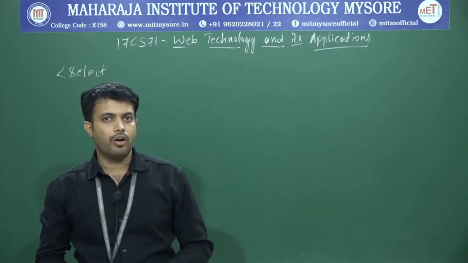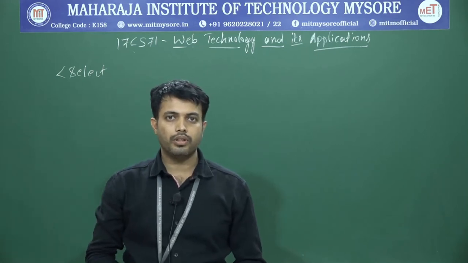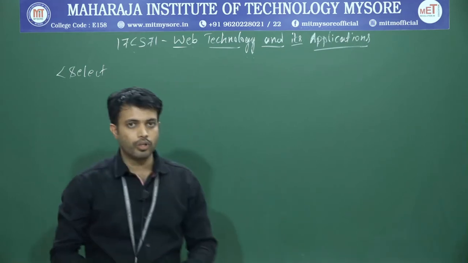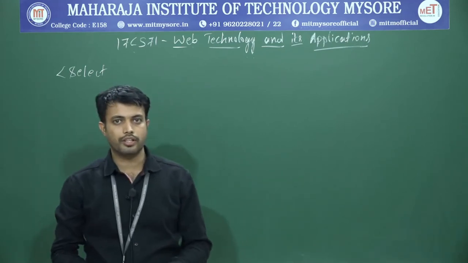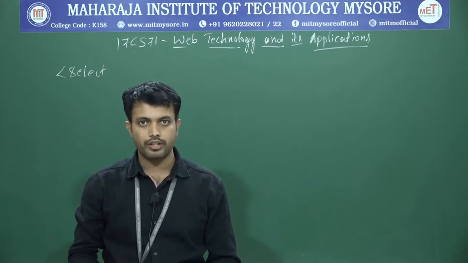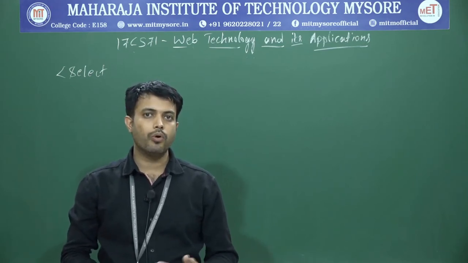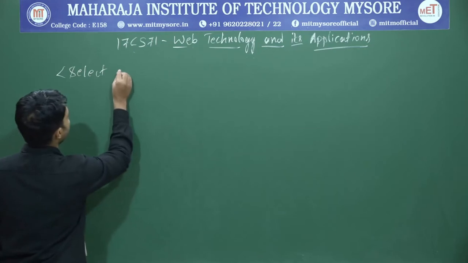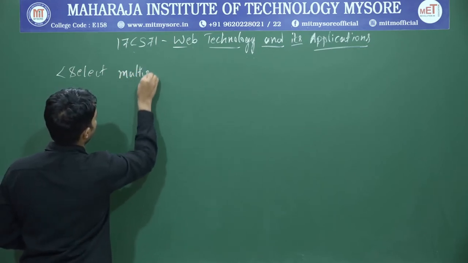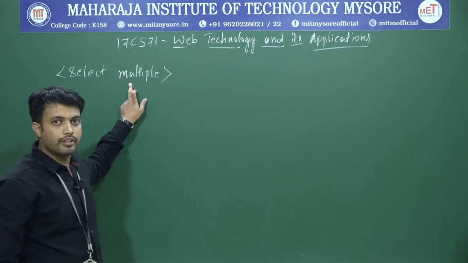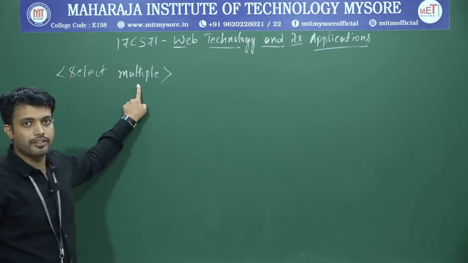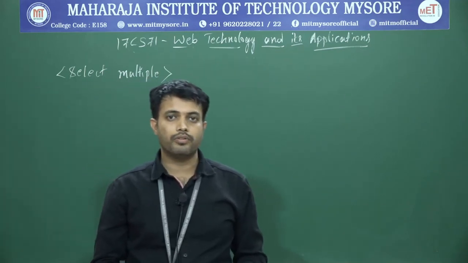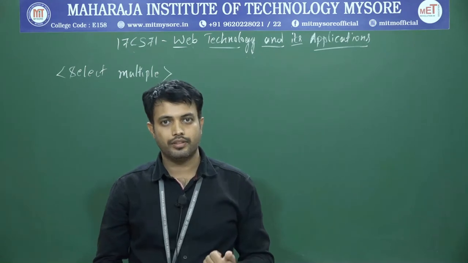So select control I have already discussed. Now look into select control with option. Select control is nothing but a drop down list. In a drop down list you can select any one option by default. If you want to select two or more options from the drop down, we have an option called multiple. I have to write this multiple within the select tag itself. Now we can select multiple options from the select drop down list.